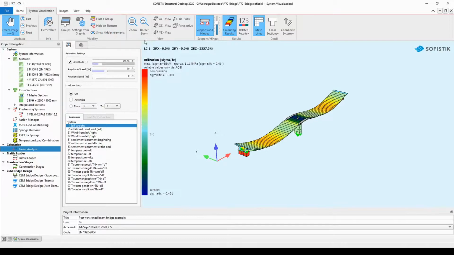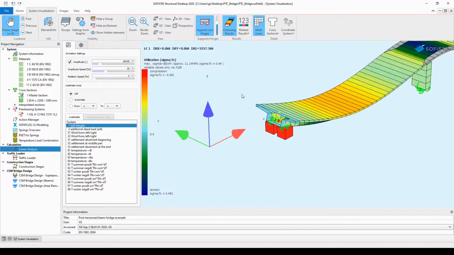With the zoom button, I can simply select or make a fence with my mouse, and the selected part of the structure will be presented in a bigger scale. If I want to show or present the structure again in the full view, I just need to click on